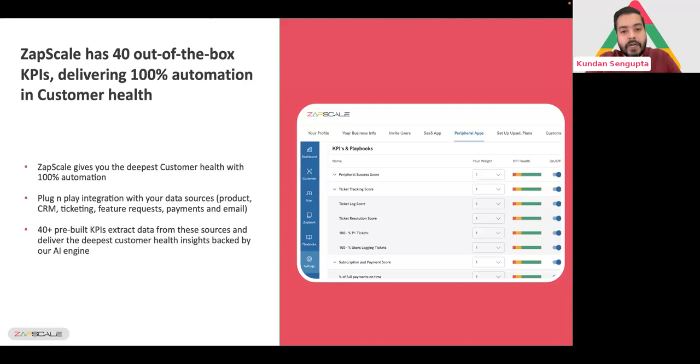And these 40 pre-built KPIs come to life the moment you integrate your sources. Integration with the 6 sources that we spoke about: your product, your ticketing tool, your feature request tool, your payments tool, your billing and invoicing tool, your CRM. All of these take roughly about 2 to 3 hours. It can be completed in one day. It's just an API level integration. The moment you do these integrations, you see a deep health score for each of your customers, which helps you